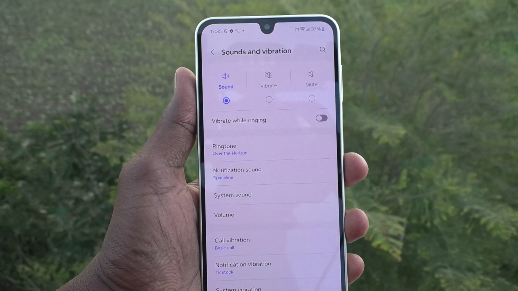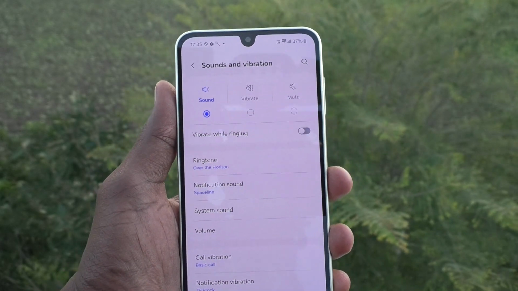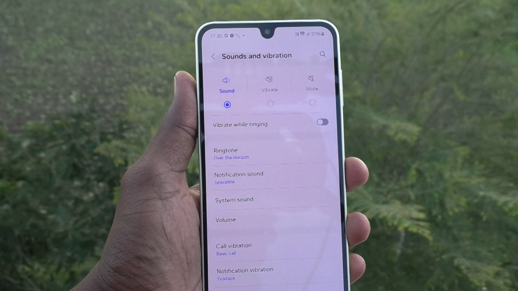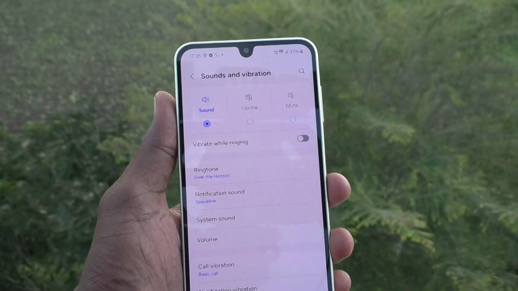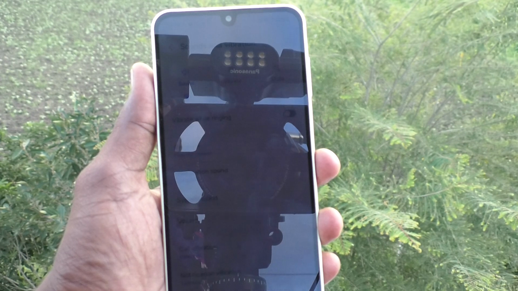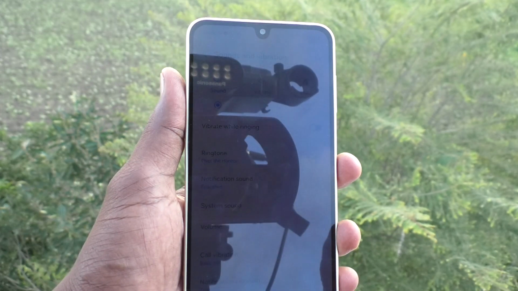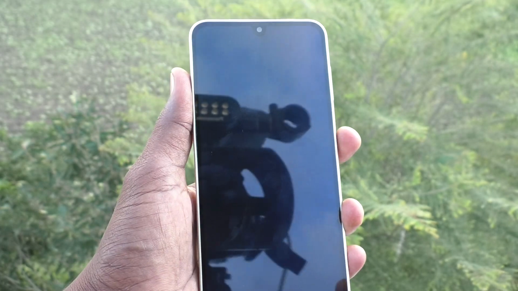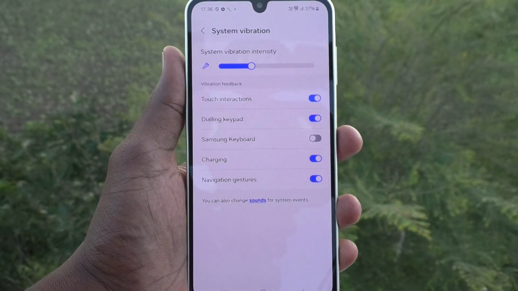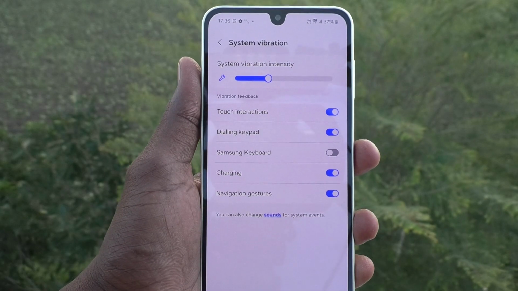If you have inserted 2 SIM cards, you can set a ringtone for each SIM card. Here I have only one SIM card, so it's showing only one option. If you have inserted 2 SIM cards, you can set ringtone for SIM 1 and SIM 2. If you click on ringtone, it will ask whether it is SIM 1 or SIM 2. So in this way you can easily set a ringtone of your choice, whether from your system available tone